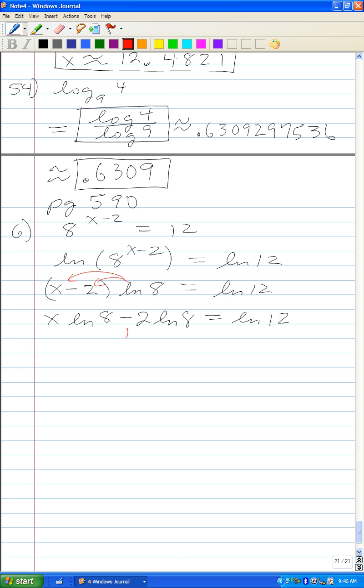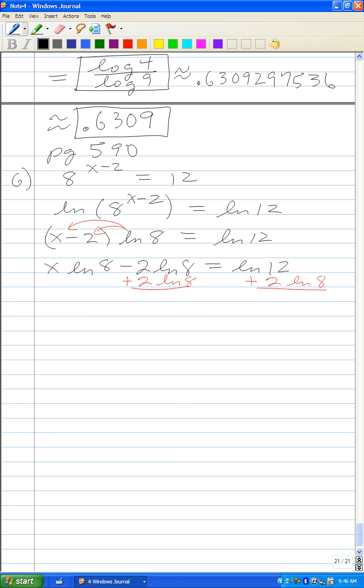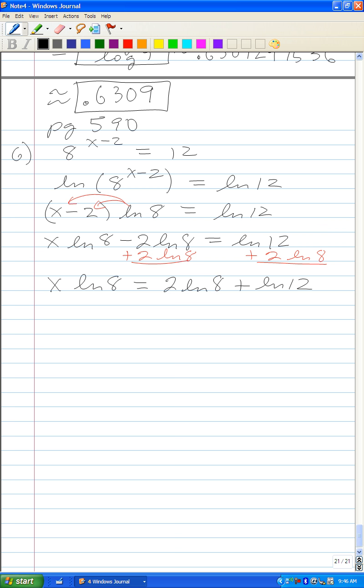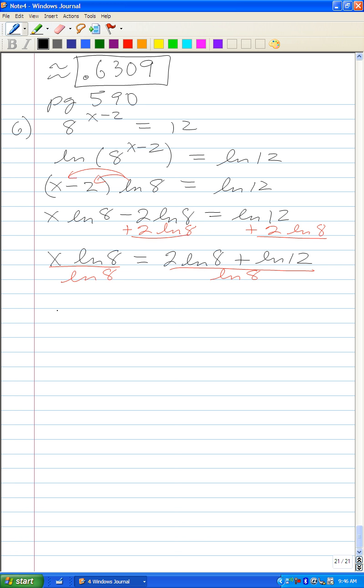Add 2 ln 8 to both sides of my equation. And so x ln 8 equals 2 ln 8 plus ln 12. Divide both sides of your equation by ln 8. And so x is equal to 2 ln 8 plus ln 12 all over ln 8. And that is your answer,